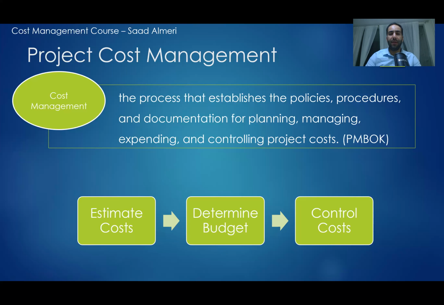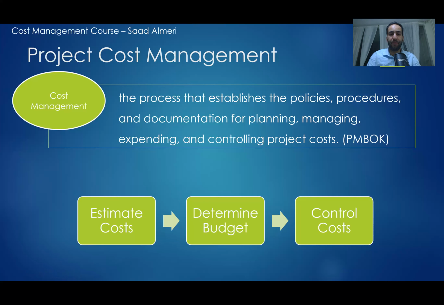What we have here is that those 3 processes follow an important step that comes before them, which is defining the scope of work of the project. So if we are talking about a construction project, that means we have a BOQ, bill of quantities, detailed drawings, and a lot of other stuff defining the requirements, what we need to do, what we need to build, what the quality